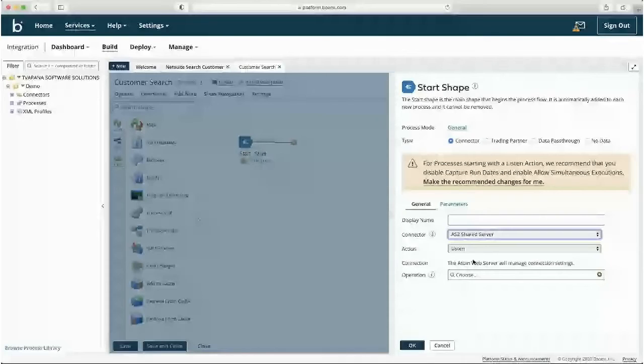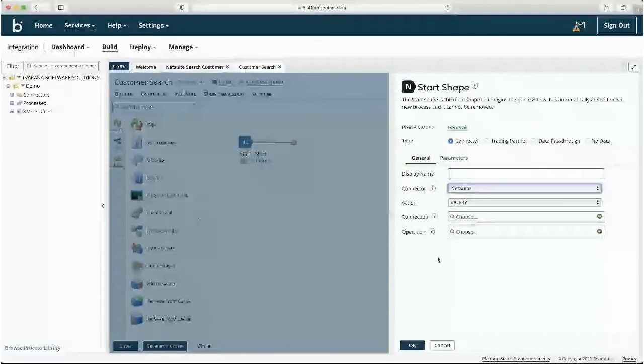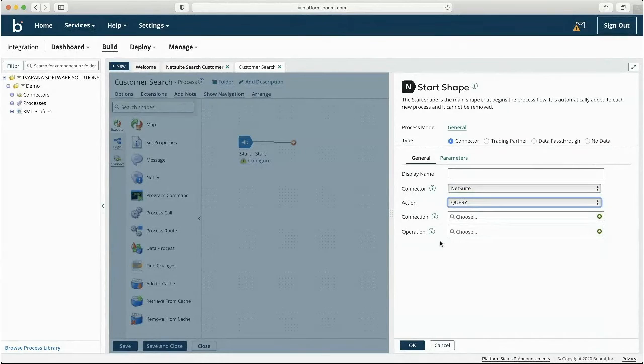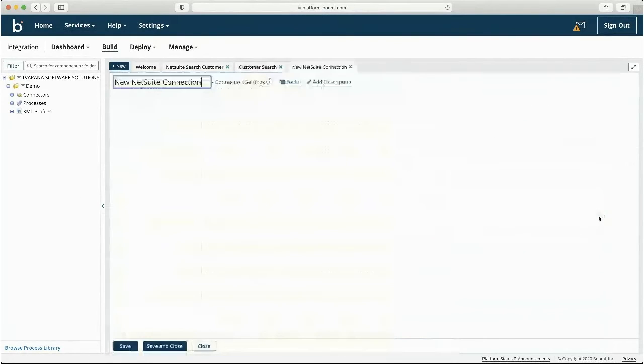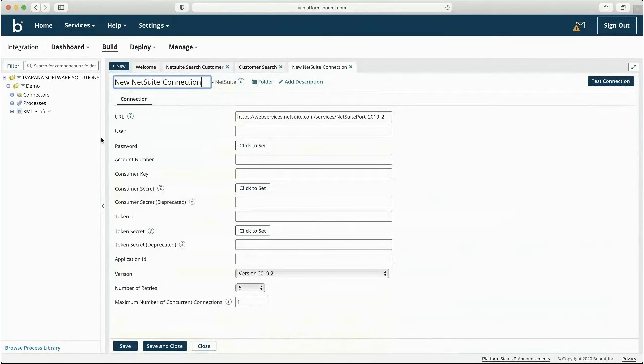These are all the pre-built connectors that Dell Boomi developed and made ready for us to use. Today we'll use NetSuite. All the actions available on the NetSuite suite of web services are also made available here. So we'll use query. I'll quickly show how to set up the connection.